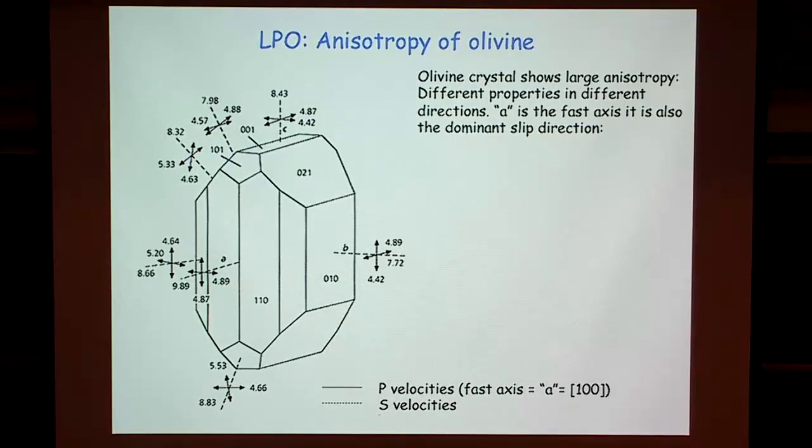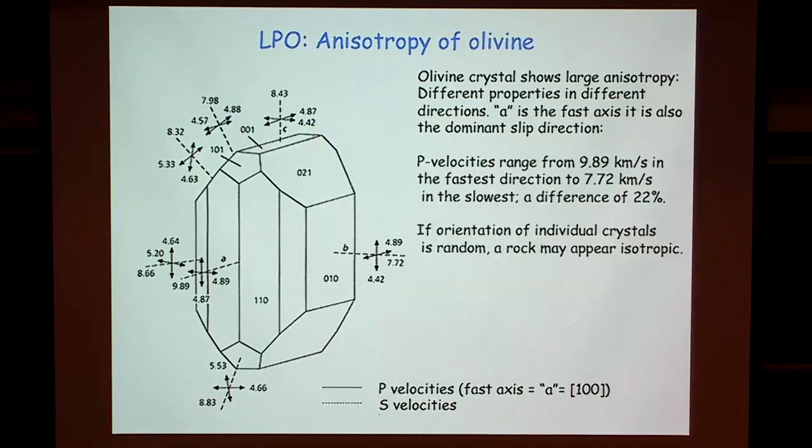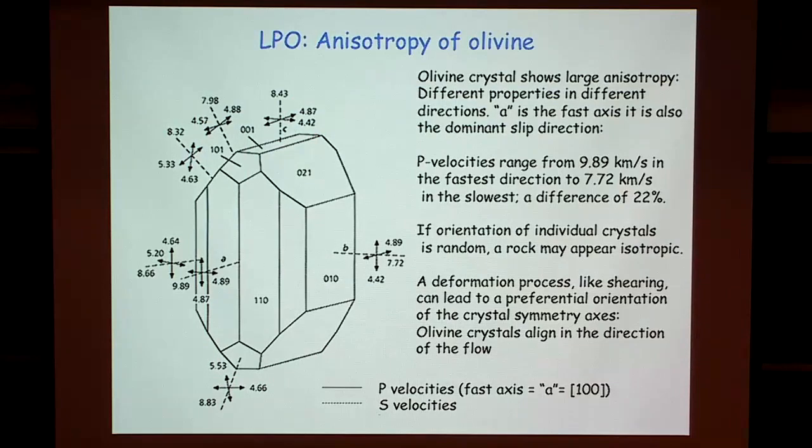Okay, so this was for radial anisotropy. So olivine crystals, of course, are anisotropic. And if you take just one crystal, you will see very large differences between the different axes. Of course, if the orientation of individual crystals is random, then the rock may appear isotropic. This is what some of the discussion we had already